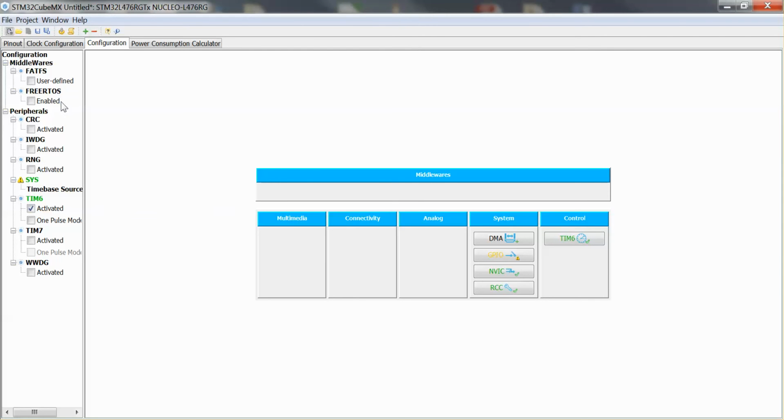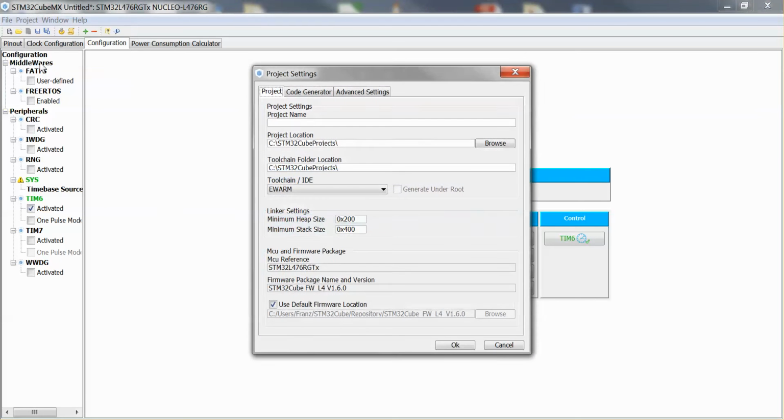Now, this is something quite important. We need to go to code generation, right? But before generating the code, we want to set a few settings. This is an important one. Where I'm saving the project, it is not, and I repeat, it is not the workspace of my Eclipse installation. It's not the workspace of the